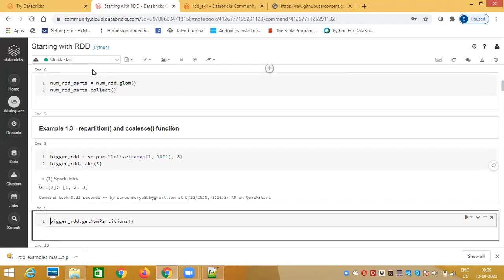If you are specifying a number of partitions here, and you are giving 8, by default it will have how much? 800 and remaining 200, so kind of 125 records on each partition, isn't it? But not exactly, some people may see 125 records per partition, some partitions having 122, some 126, 127. The idea is that it will try to balance the number of records in each partition, because it will be easy for Spark to do further processing with equal size partitions to apply the transformations. That's the whole idea here.